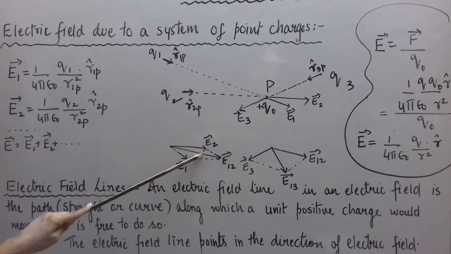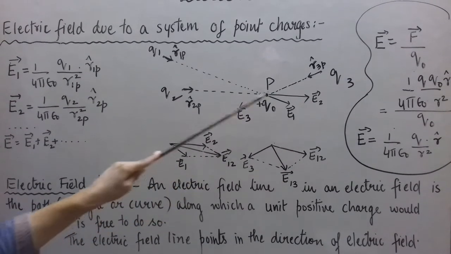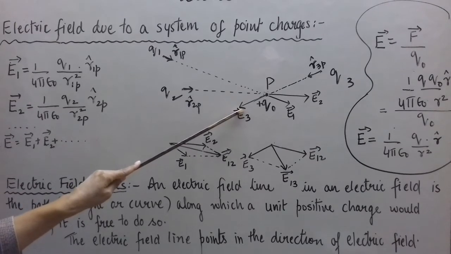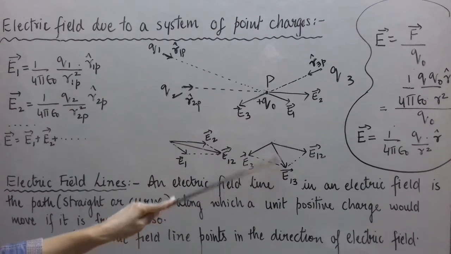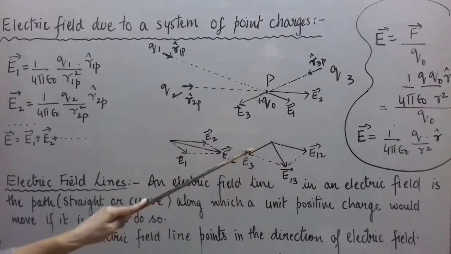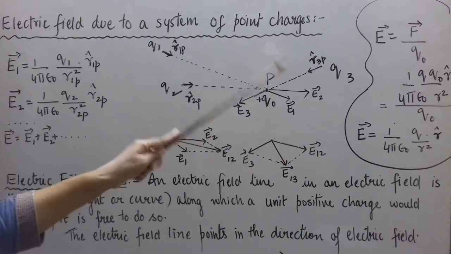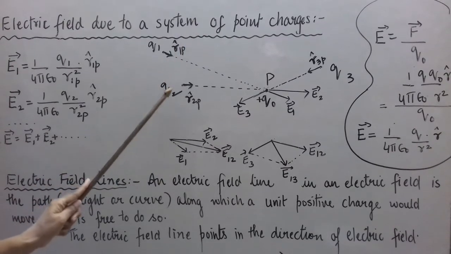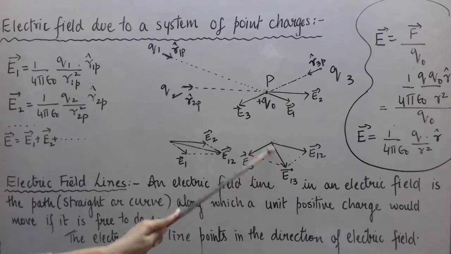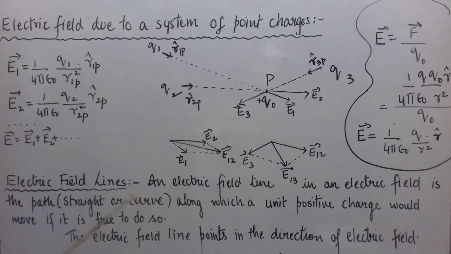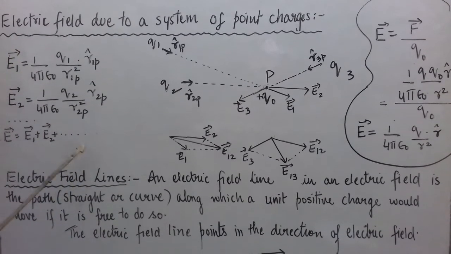Then take this E12 bar, which I have displaced here, and now I have taken E3 bar. So E3 bar and E12 bar. Again using the parallelogram law, we can find that this diagonal represents the resultant of these two vectors. So if we consider this group of 3 point charges, then the net electric field at point P is E123 bar. Similarly, when you have n point charges, you can use the same method and find the net electric field. I hope this is clear to you.